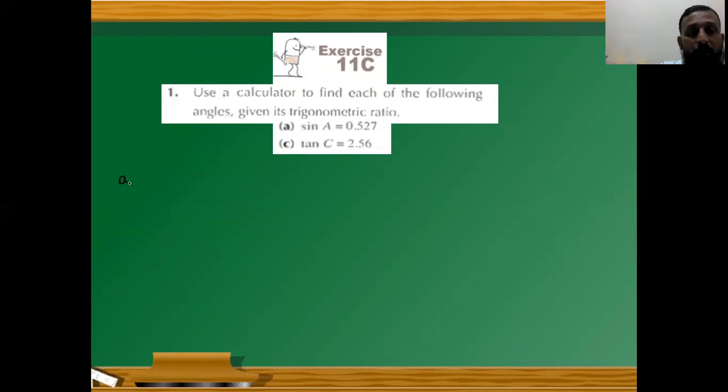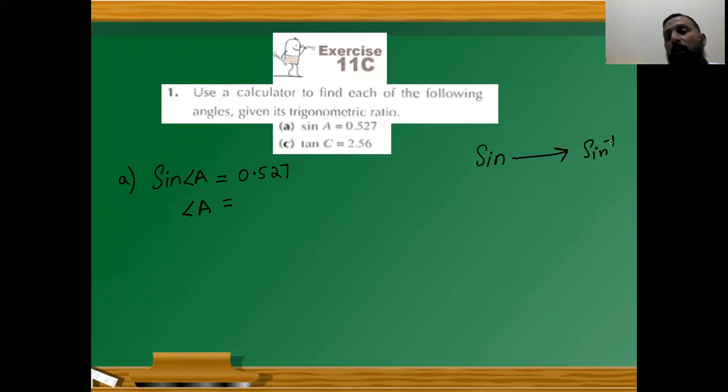Okay, I'm writing it here, part A. Sine of the angle A is equal to 0.527. Now, in order to get this angle A, boys and girls, what do we need to do? We need to get rid of this sine function from the left hand side. When the sine function moves from the left hand side to the right hand side, what happens? The sine becomes sine inverse. I'm writing it here. The sine function, when it moves on the right hand side, it becomes sine inverse. All right. And as we have an inverse function, we have a power of -1. So it becomes sine inverse, bracket open,